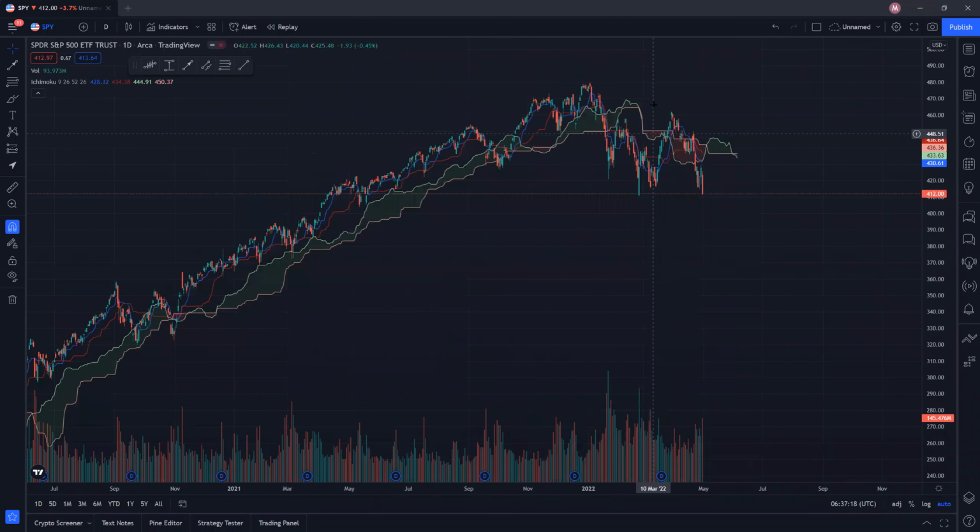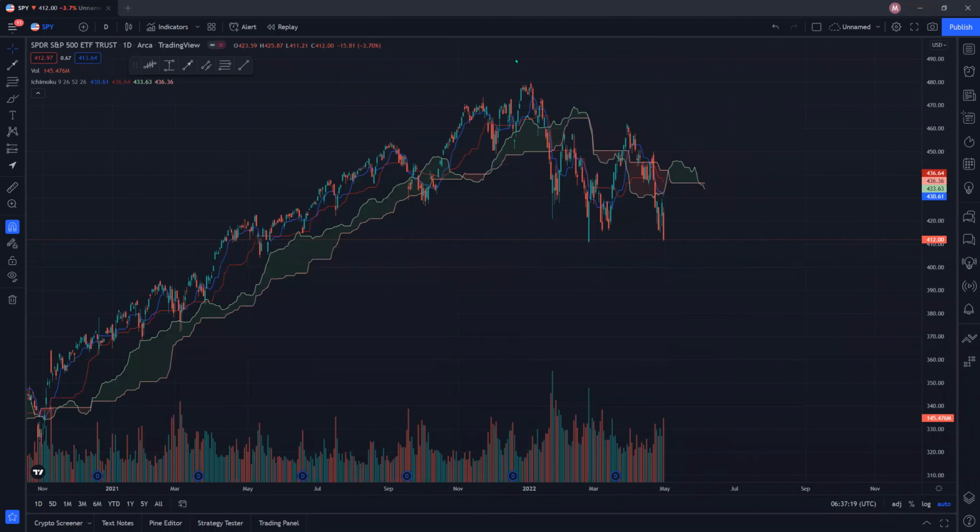So where exactly are my potential supports coming in for SPY? You can see that there is a potential double bottom here, and we may potentially go up. But even if we do go up, I'm afraid it is just a dead cat bounce before we have a bigger drop. So of course, this 400 psychological support will act as a very, very strong psychological support that many